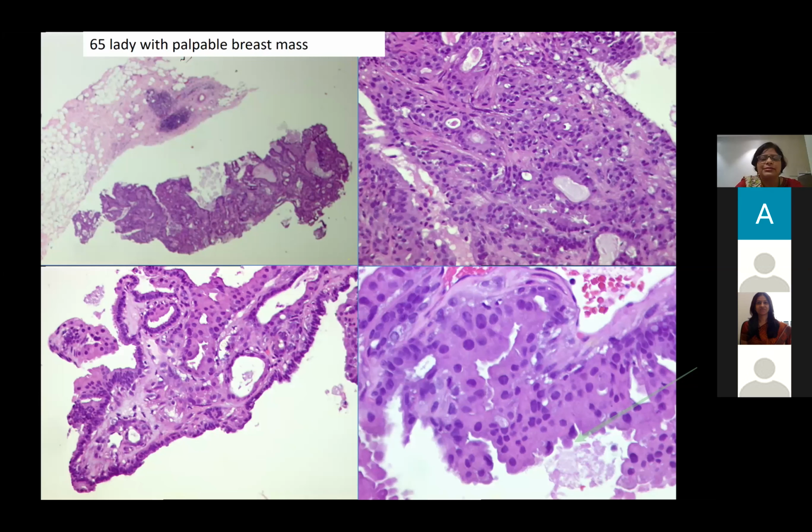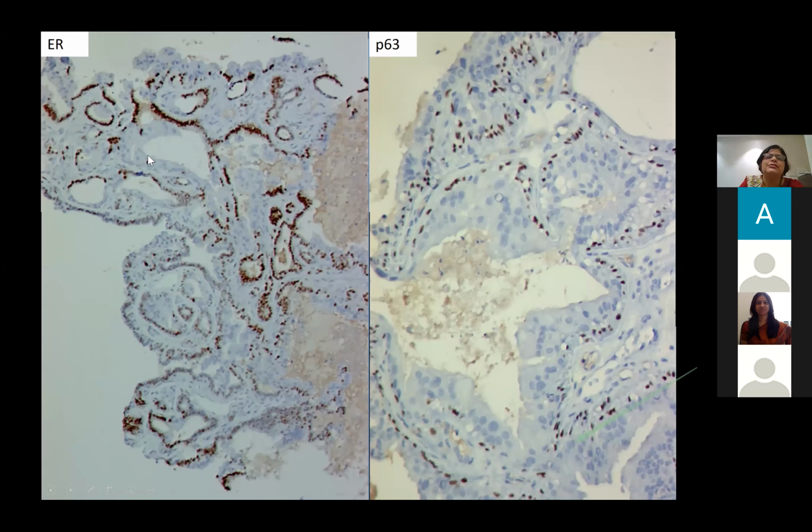Now, just to give you some examples, here is a nice lesion, very compact. Remember, the more compact something is, the more benign it is. Very compact papillary tumor, apocrine metaplasia. This is what I wanted to show you, that the ER is heterogeneous in a benign lesion. It is not diffusely positive because some cells are myoepithelial, some cells are apocrine, and they don't always show you the ER. Abundant myoepithelial cells, heterogeneous ER, easily we can make a diagnosis of papilloma. You can even observe if the patient wishes further.